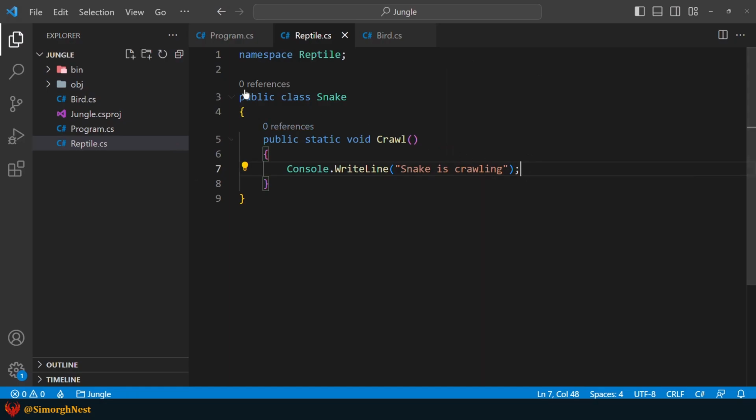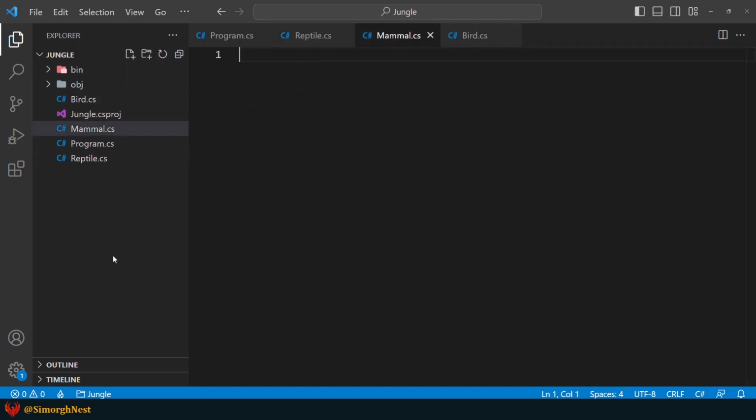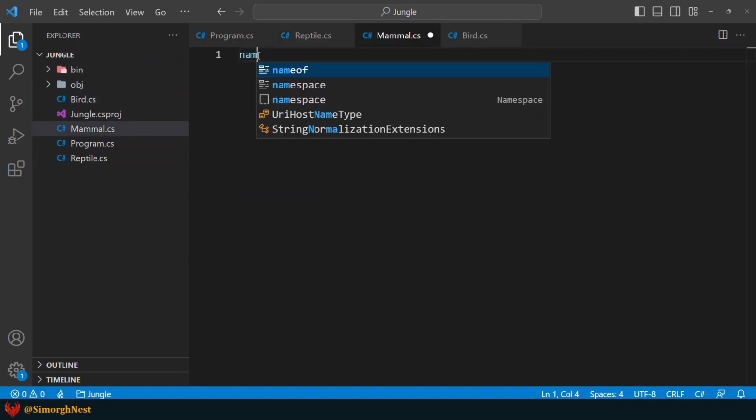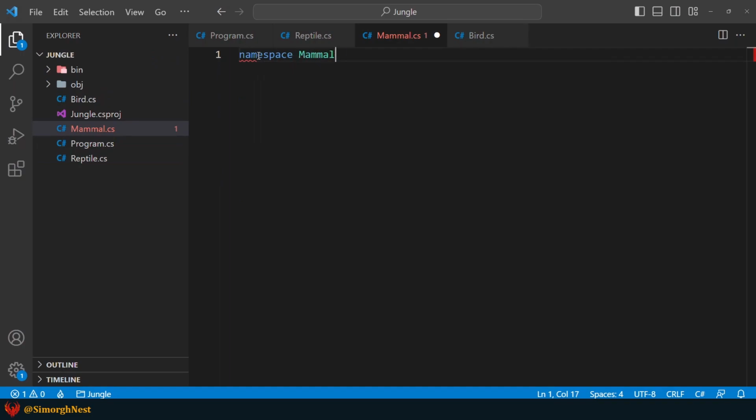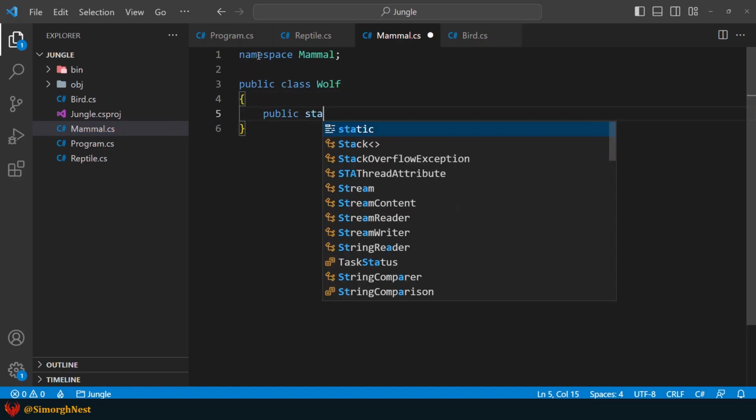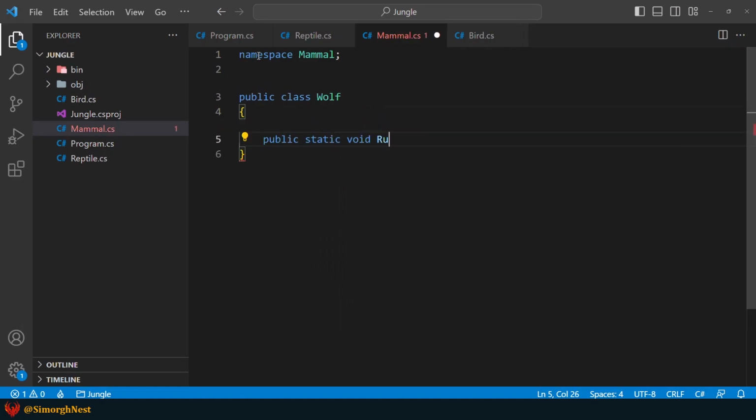Let's do the same for mammals. Create a file named mammal and define mammal namespace. Now declare two classes for wolf and fox. Public class wolf, public static void run.